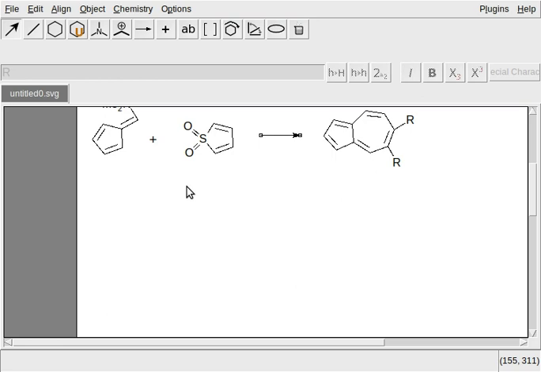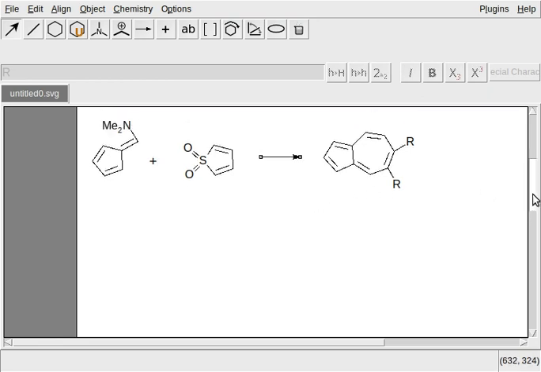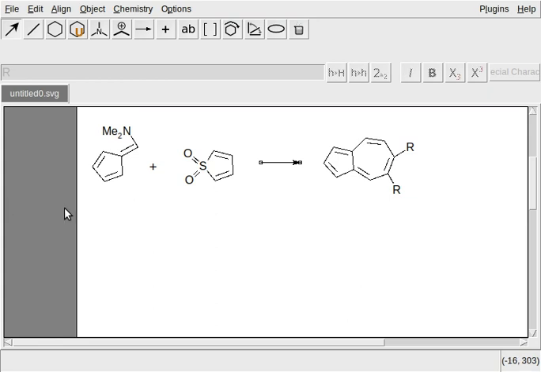Then this equilibrium between the acetic acid monomer and the dimer, the dimerization of acetic acid, this one we need to draw. So let us draw this acetic acid molecule structure. This is very easy.